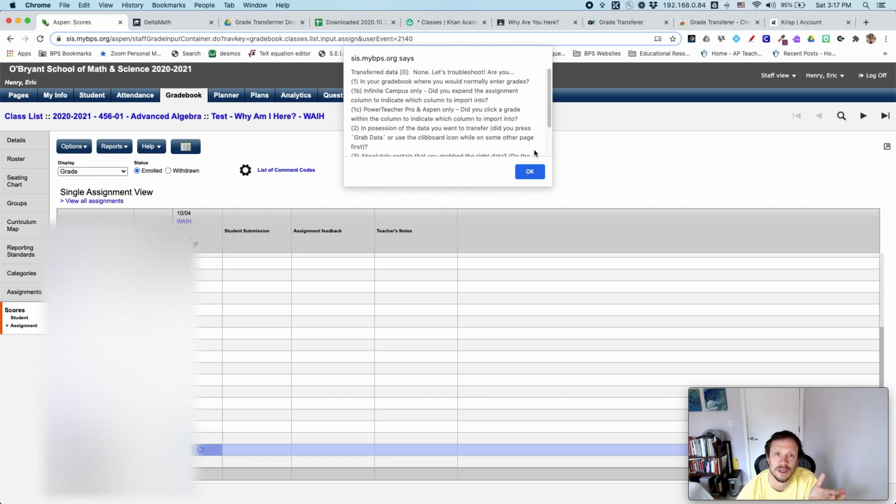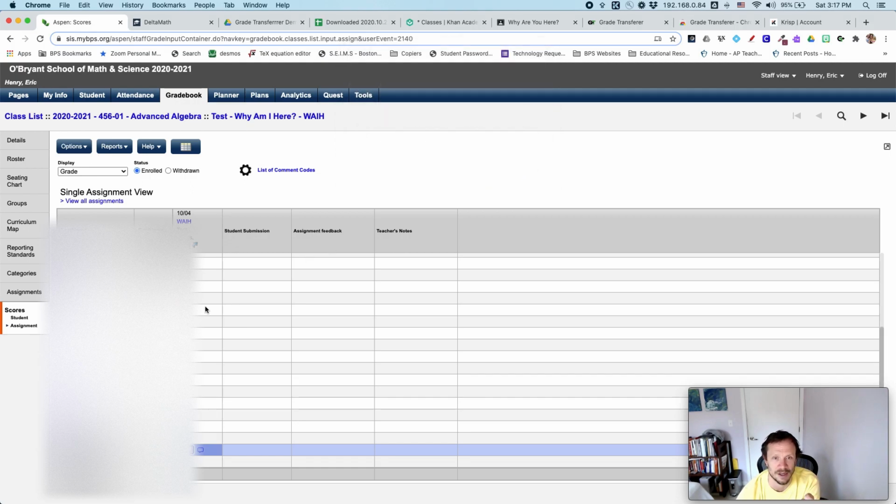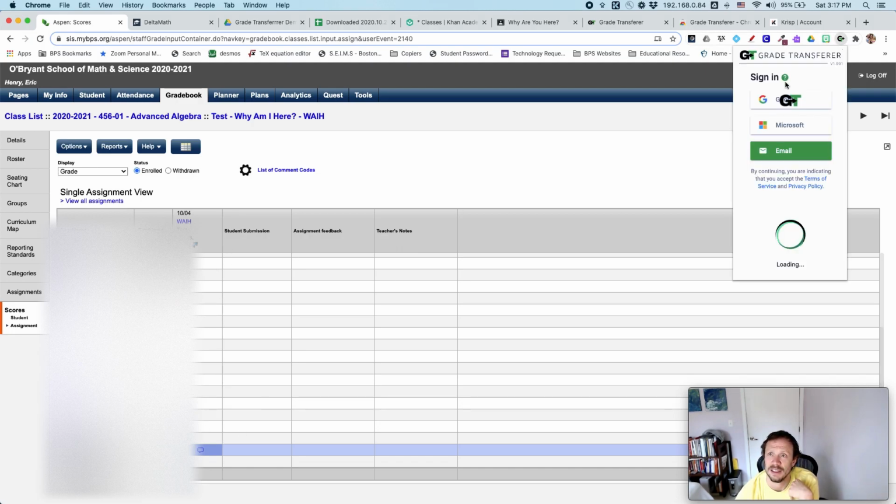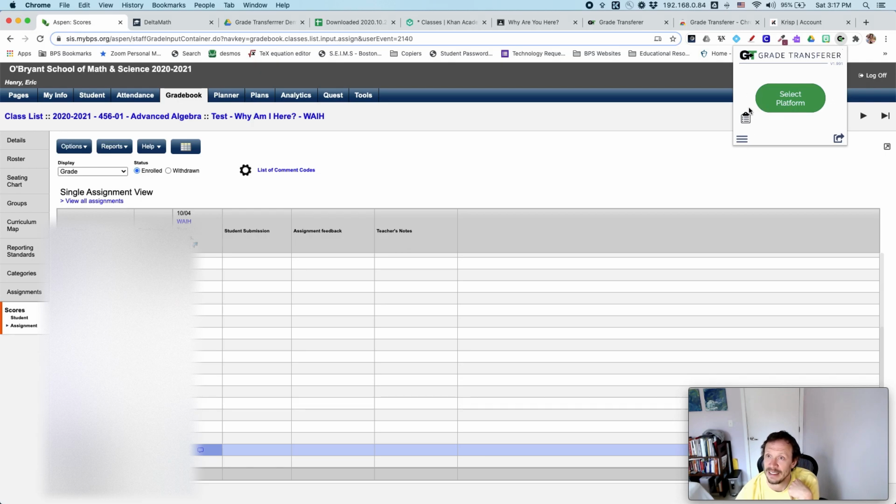What went wrong? When this happens to you, there are a few different things that could have gone wrong. The easiest, most likely thing is that it's not able to match the names in the column. Note that once Grade Transfer drops this, I can't just go up here to look at the data. Since it's dumped the data, it's out of the system. It's not available anymore. I've got to go back to Google